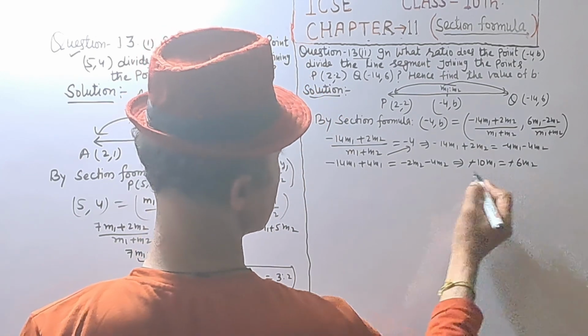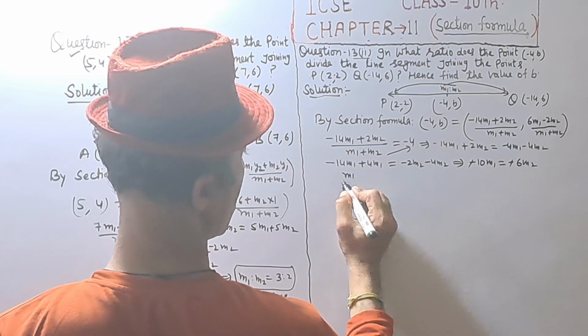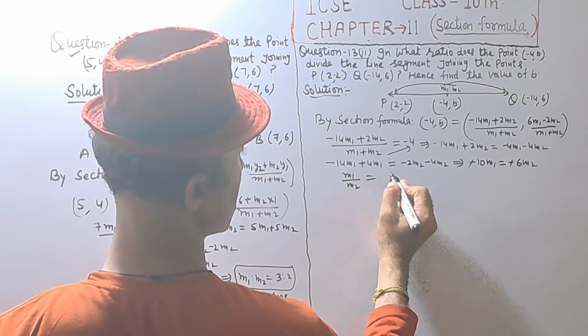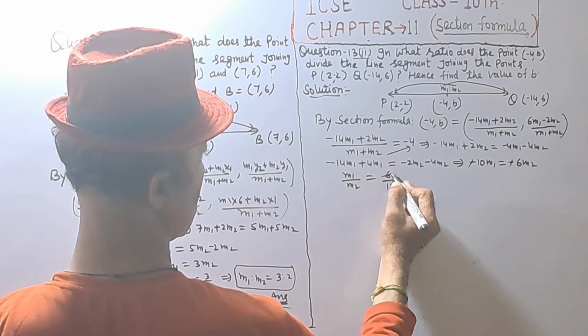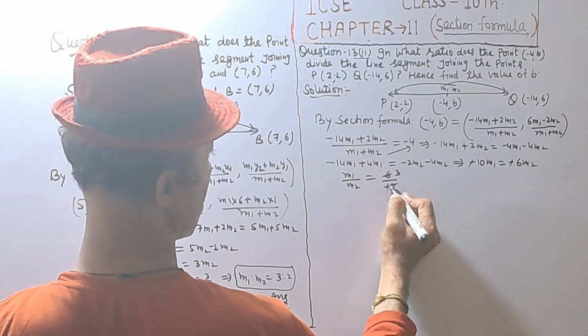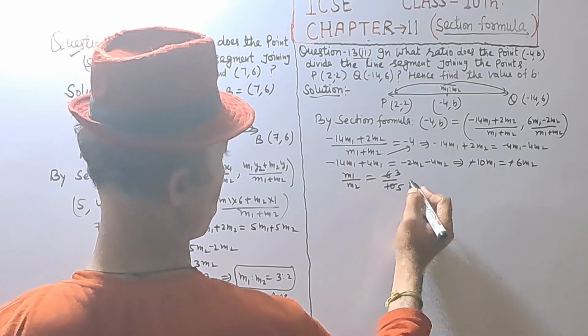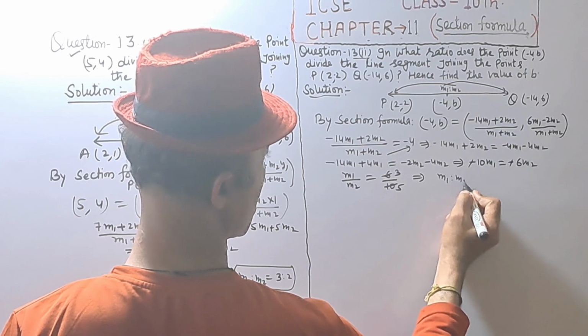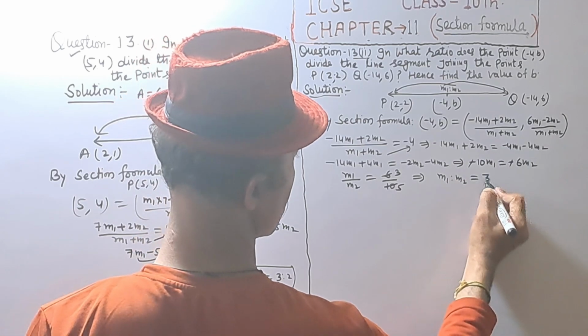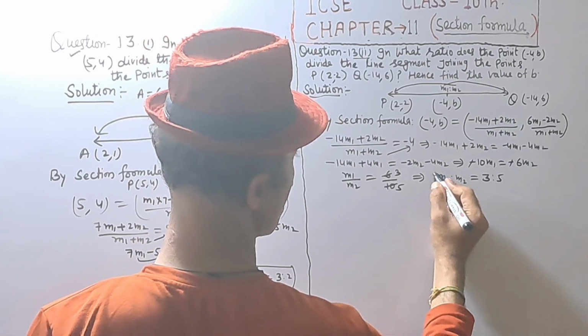Minus minus is cancelled, and M1 divided by M2 is equal to 6 divided by 10, that is 3 upon 5. M1 ratio M2 is equal to 3 ratio 5,